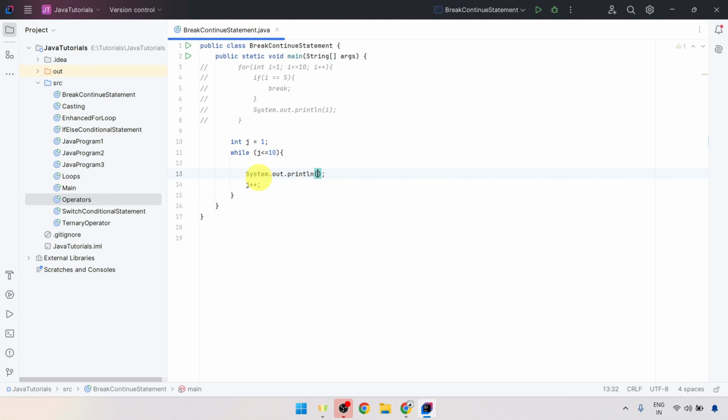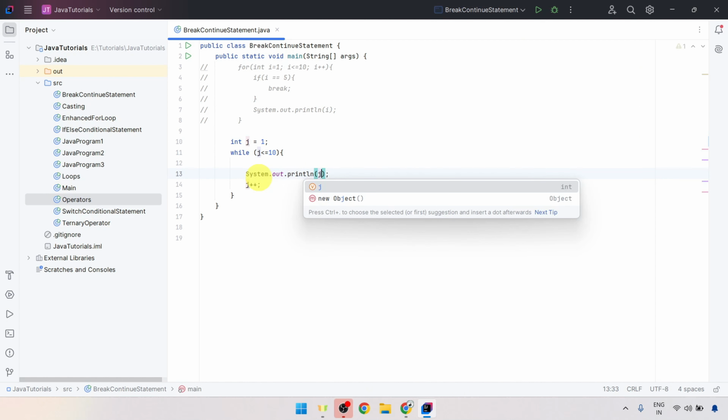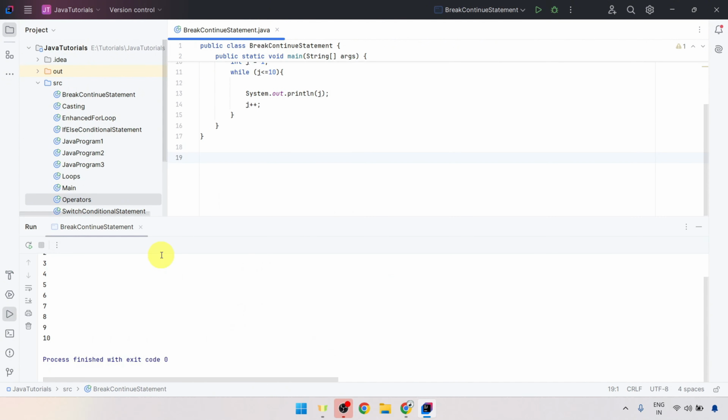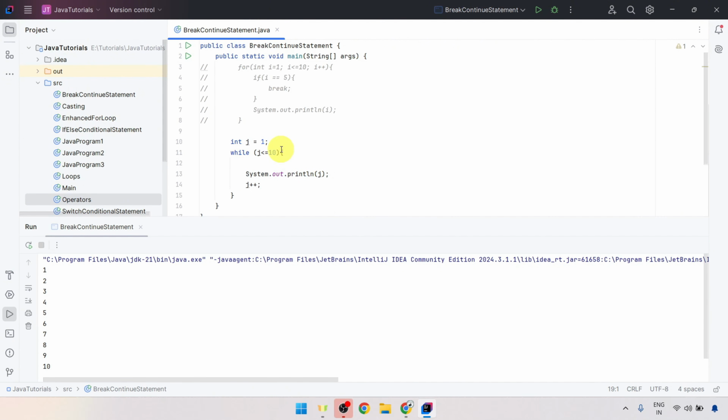So using this System.out.println, and here putting the value of j to get printed. And if I execute the script, it will print the numbers from 1 to 10 as expected. Now I will put the break to terminate the loop once the value of j reaches 5. So inside the if parenthesis we are going to check j == 5, and